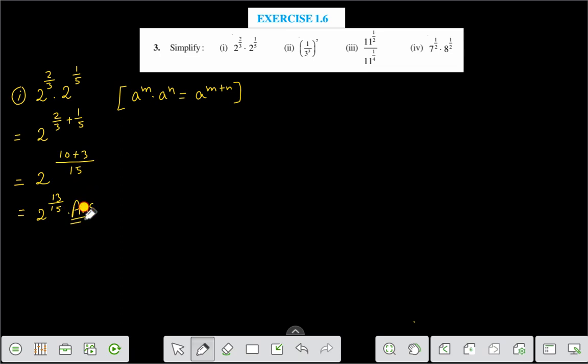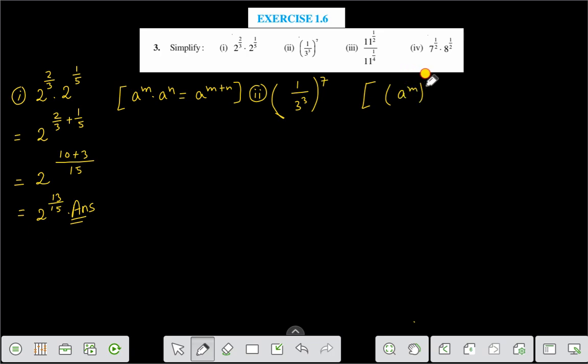We'll solve question number 2. Question number 2 is 1 to the power 3 to the power 3, in bracket it is 7. Right? Here we can use this formula that a to the power m, you can use this formula that a to the power m